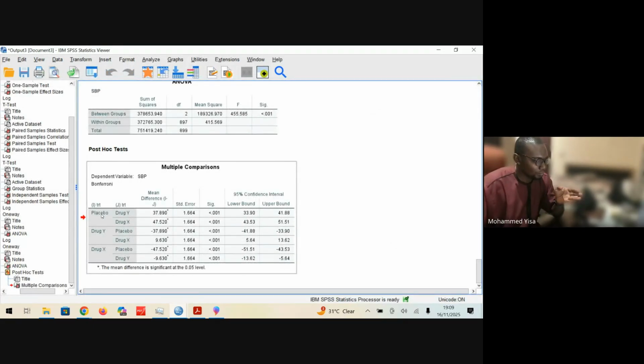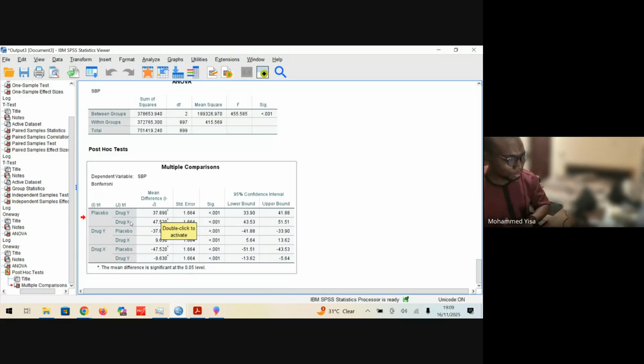So here you can see now that the drug Y participants had less BP than placebo by 37.8. How do we know it is less? We know that placebo is on the left here, and we are subtracting Y and drug X from it, and it's carrying a positive sign. There's no negative sign. That is how we know that drug Y users had lower BP,